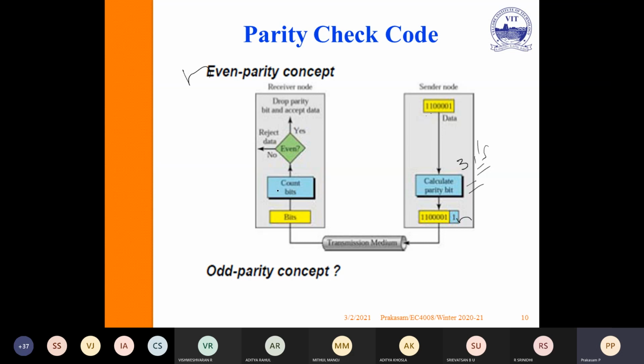In the reverse, it counts the number of bits. If it is even, then yes, it receives. If it is odd, it will reject. But there is a major problem here: if a 2-bit error occurs, for example,